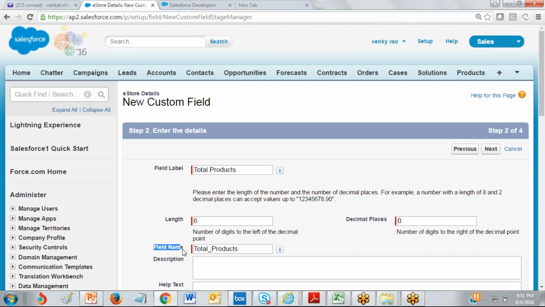This is the internal physical name of the field. Programmatically I have to use this field name. The underscore gets inserted between these two words. All physical names should not have any blanks, should be a single string. Okay,